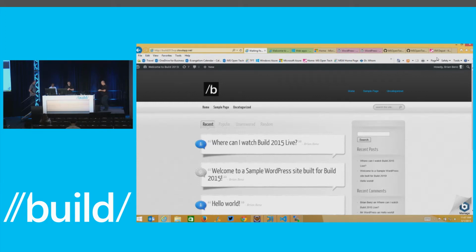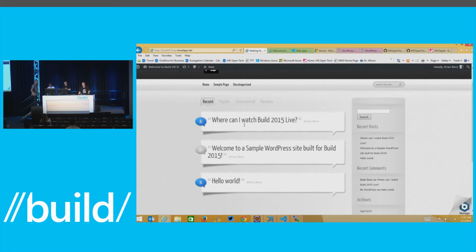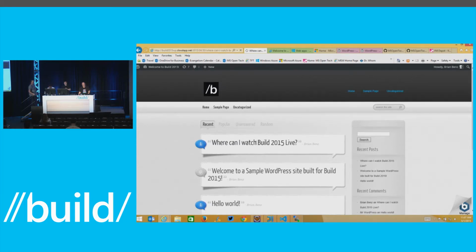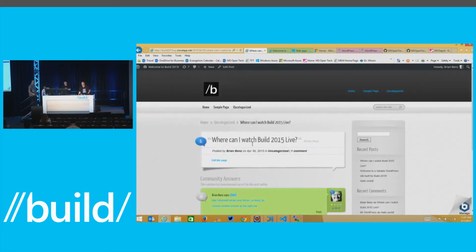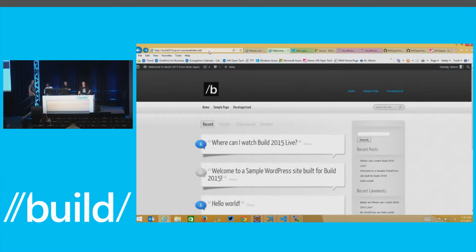Here's the WordPress site. This is the virtual machine on cloudapp.net. Basically, it's just a template, a question and answer template. You can go in and ask a question and put an answer and things like that. Then we have an Azure website, the exact same thing. If I put a new post in here, it's going to update on both sites, on the Azure website and on the virtual machine, because I've pointed both of them at a MySQL database. So behind the scenes,